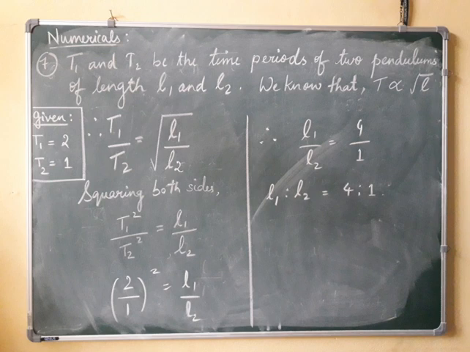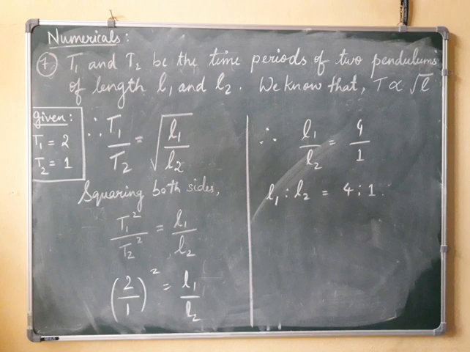And we are given that both are in the ratio of 2:1. Yes, so T1 is equal to 2, T2 is equal to 1. That is in seconds, I have not given that there, sorry. It's 2 seconds and T2 will be 1 second. So squaring both sides and putting the values 2 and 1, and on the other side L1 by L2. So L1 by L2 will be equal to 4 by 1. So what is the ratio that we have got? The ratio of the lengths is 4:1.